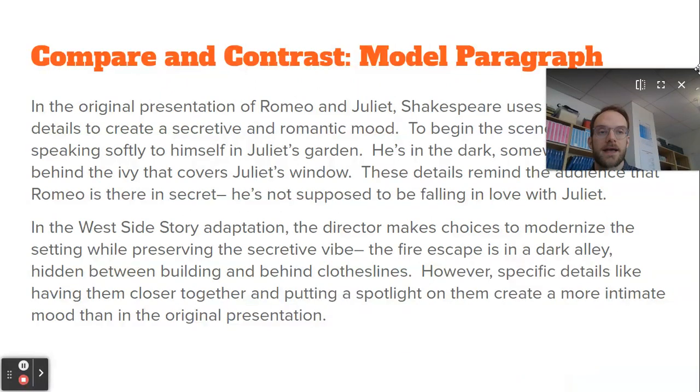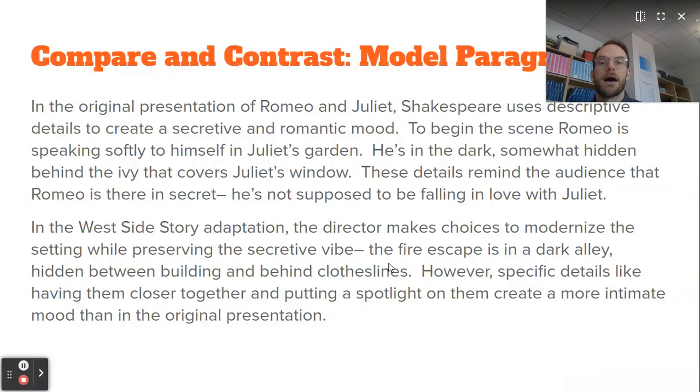And so I'm saying that in my model paragraph, in the original presentation of Romeo and Juliet, Shakespeare uses descriptive details to create a secretive and romantic mood. That's my claim, that the mood is secretive and romantic in the original version. To begin the scene, Romeo is speaking softly to himself in Juliet's garden. So like I said,